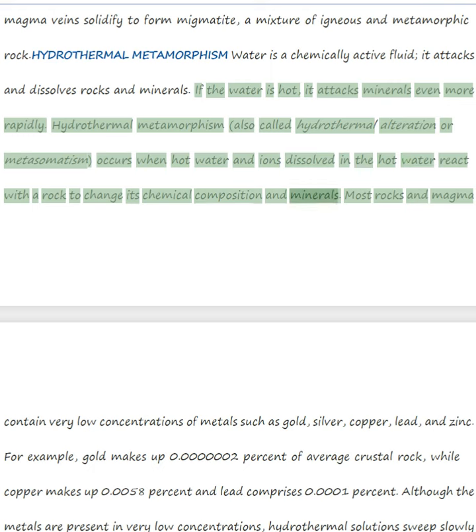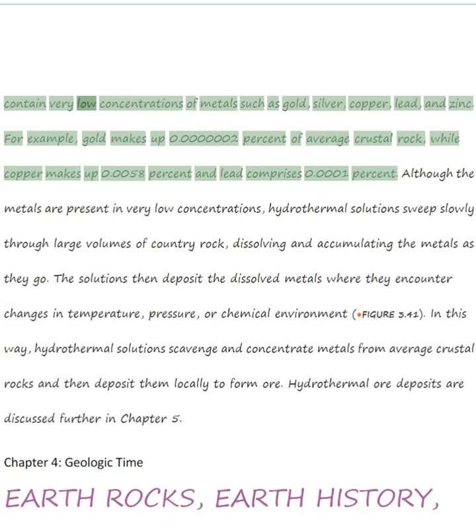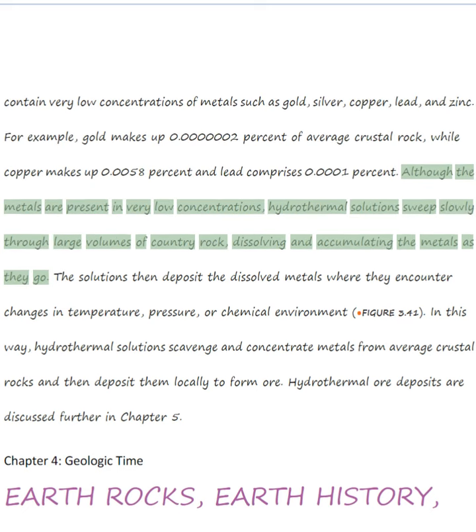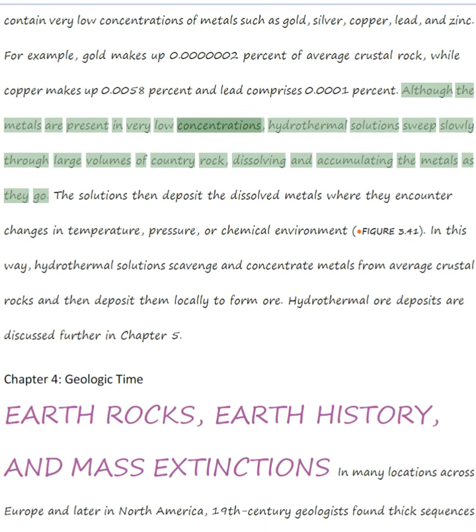Most rocks and magma contain very low concentrations of metals such as gold, silver, copper, lead, and zinc. For example, gold makes up 0.000002% of average crustal rock, while copper makes up 0.0058% and lead comprises 0.0001%. Although the metals are present in very low concentrations, hydrothermal solutions sweep slowly through large volumes of country rock,